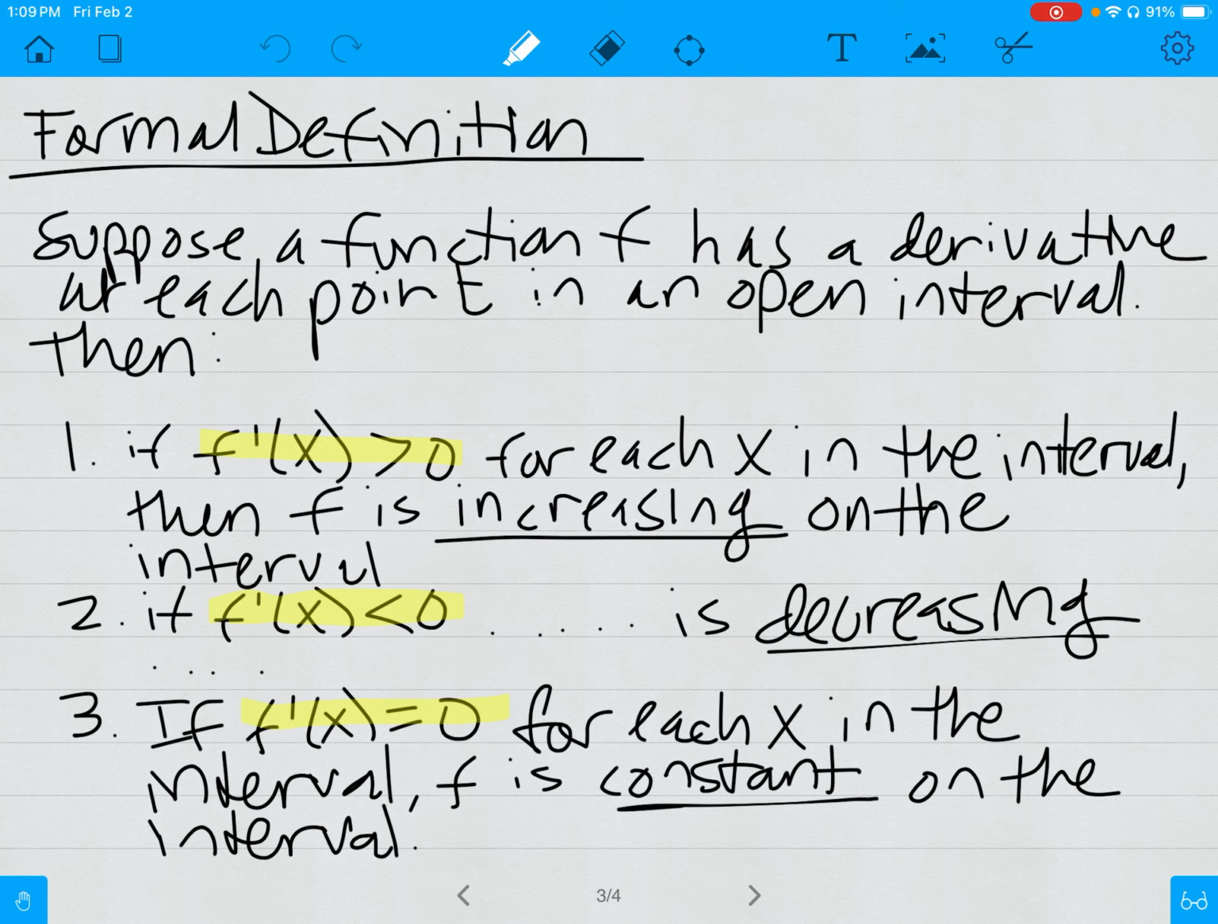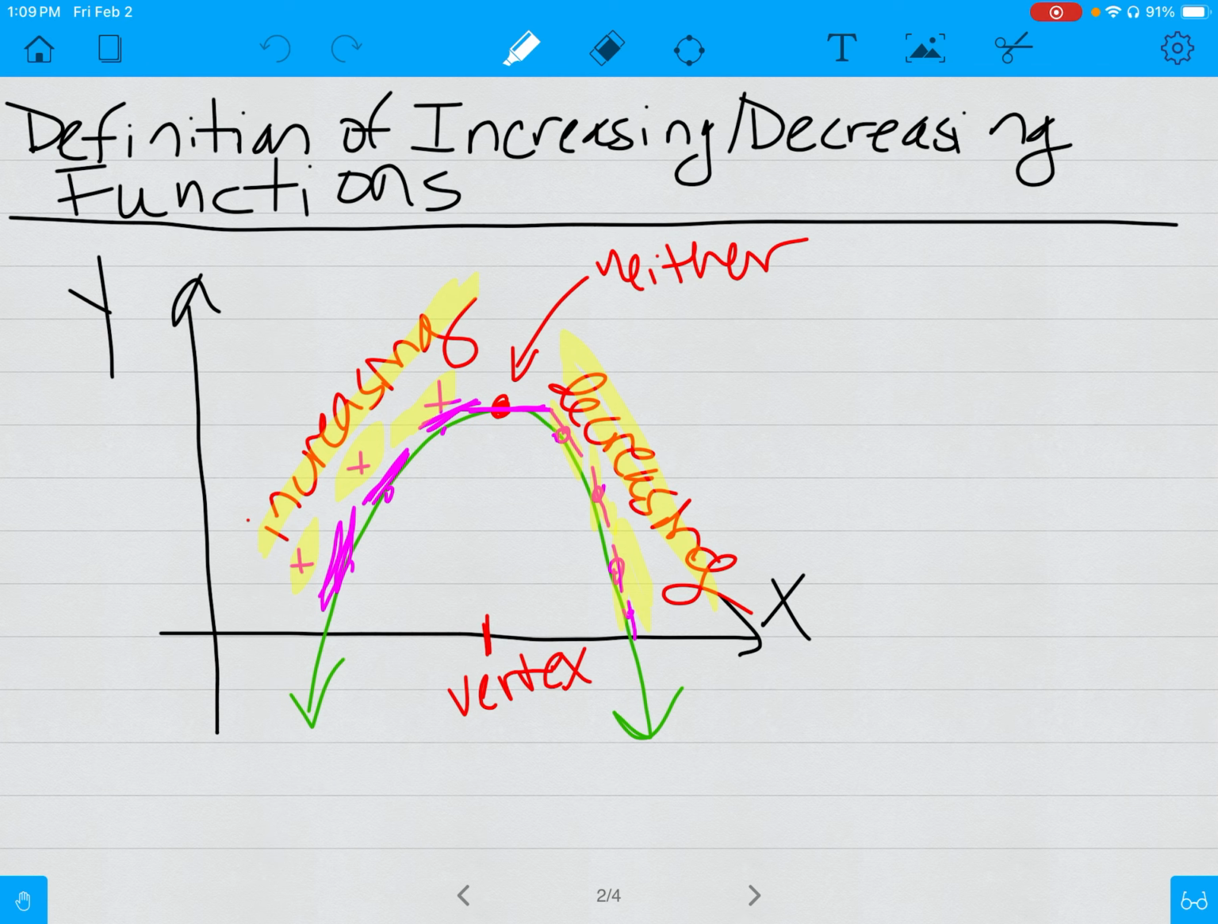In this particular function that we were looking at in the graph, the downward pointing parabola, the only constant part that we have is just at the vertex, right? We don't actually have an entire interval where the function is constant. The slope of the tangent line is only actually zero at just that one point for a downward pointing parabola. Okay,